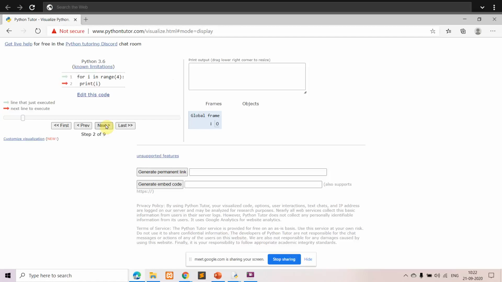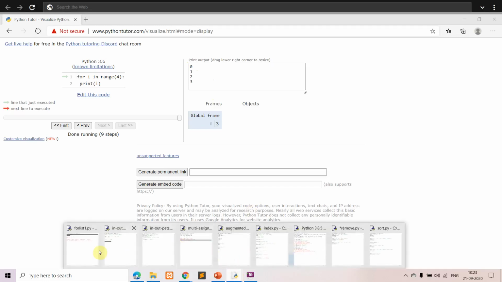So for i in range of 4, that is starting from 0 up to 4, you're printing. So i is printed, again i is incremented, i becomes 1, it is within the range, so 1 is printed. Again i becomes 2, it is within the range, so you're printing 2. Next i becomes 3, and 3 is within the range, you're printing it. Next i becomes 4, so now what happens, for i in range you have given the condition as 4, that is total 4, so 0 to 3, these many numbers will be printed. So this is a general example of for, which we have already seen in the previous session.